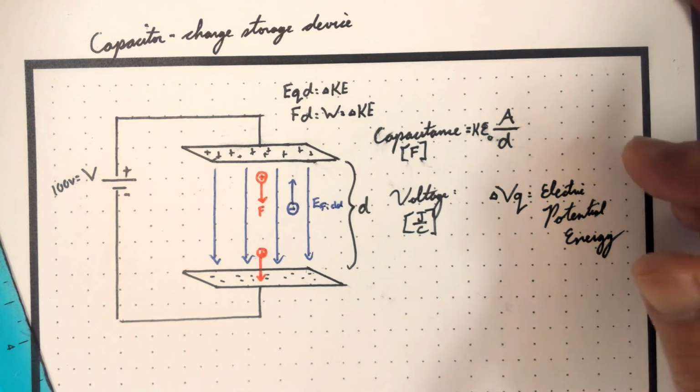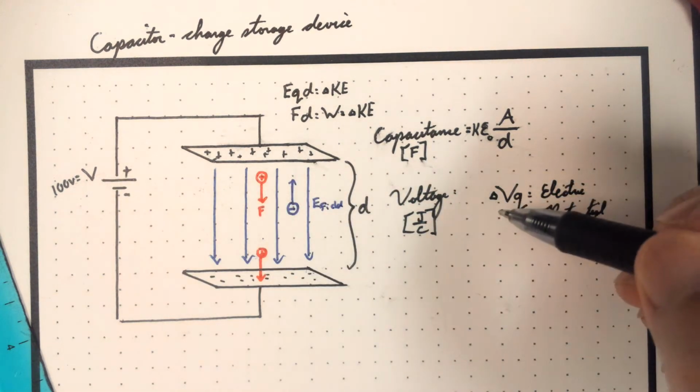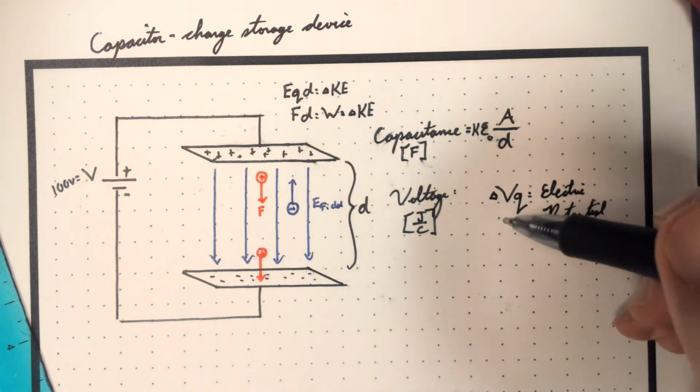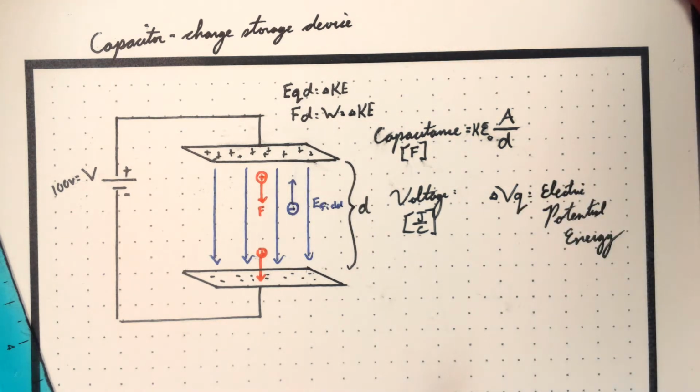All right, so we need a change in voltage. Here our change in voltage would be from 100 to 0. We multiply by whatever charge we place in that if we go from top plate to bottom plate, and now we can give it some kind of energy. So capacitors actually do hold energy, and if we were to graph out